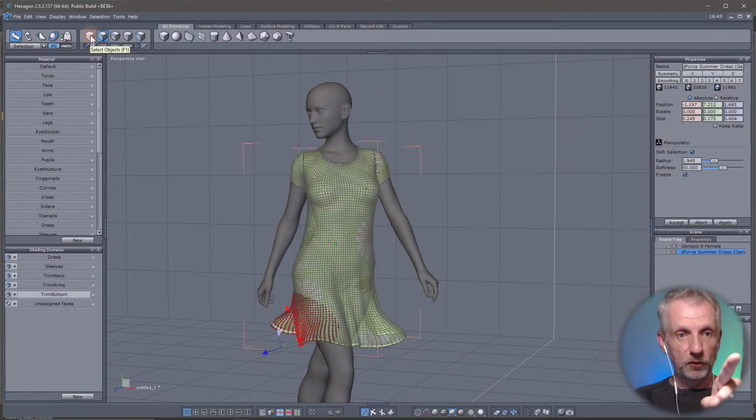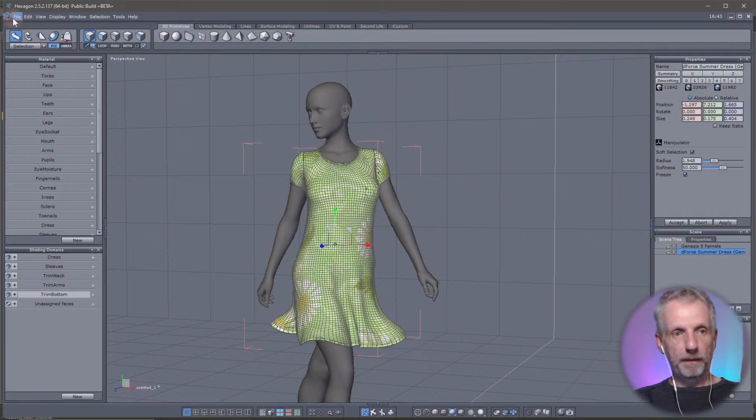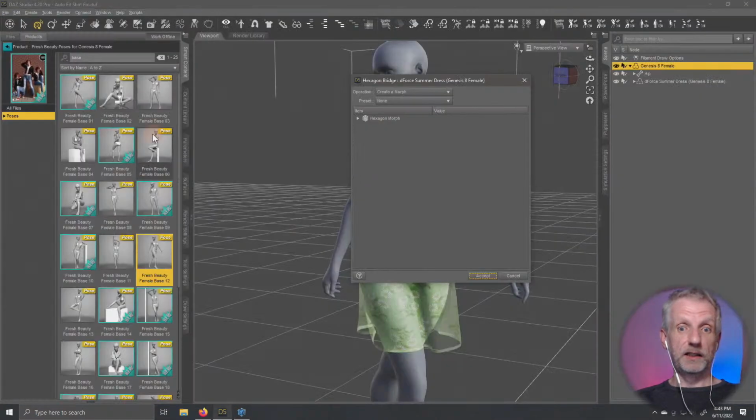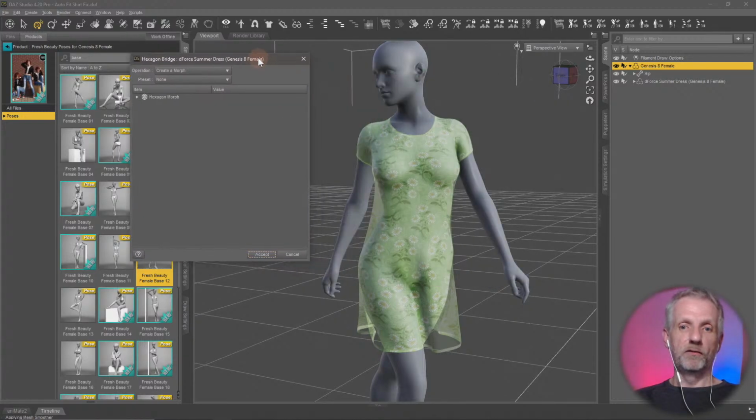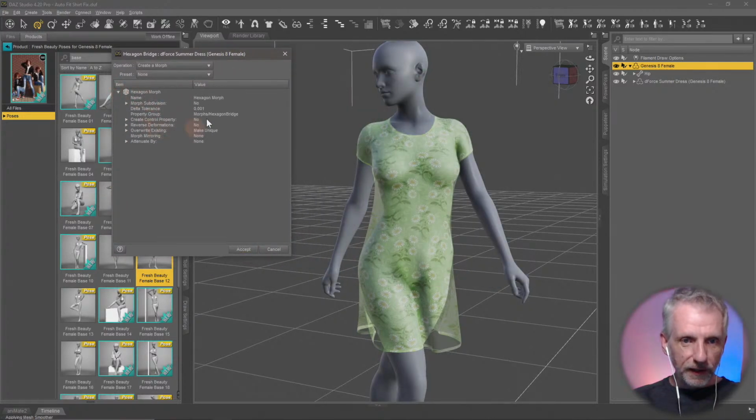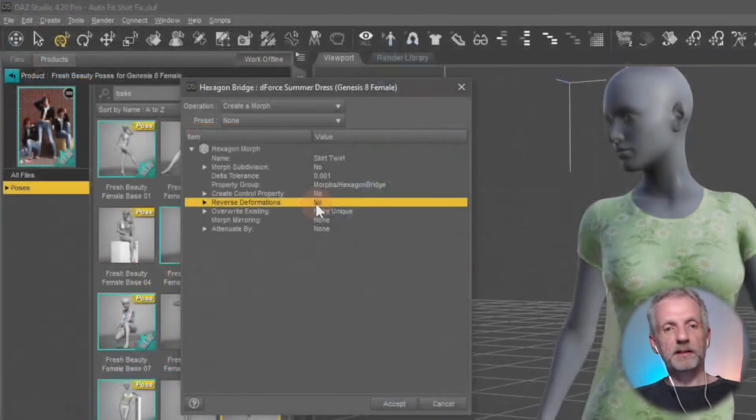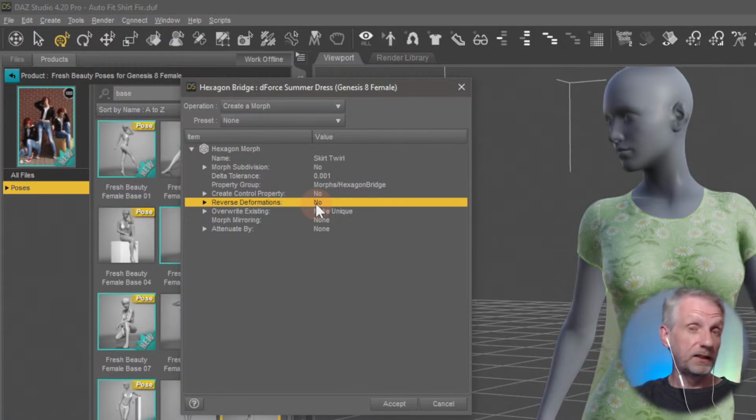So back into object selection mode here. Head over to File, Send to Daz Studio, which is eagerly awaiting the arrival of the new morph, and I'll call that skirt twirl, like so. And very important, so this is something that I didn't really notice,